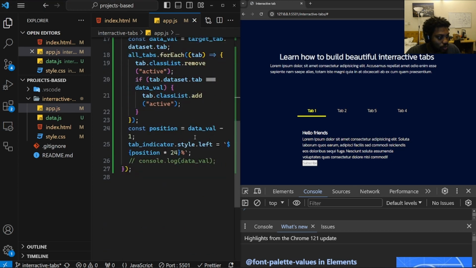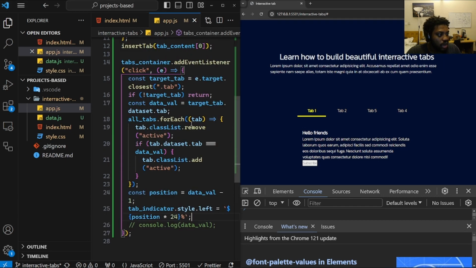And then the next thing to do is to just use the position here to dynamically add the different ones so that this changes appropriately. All right, so let's do that. I will say